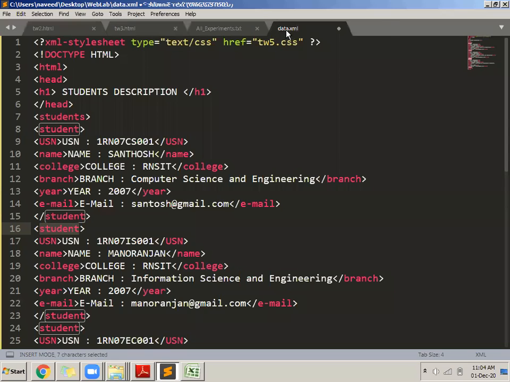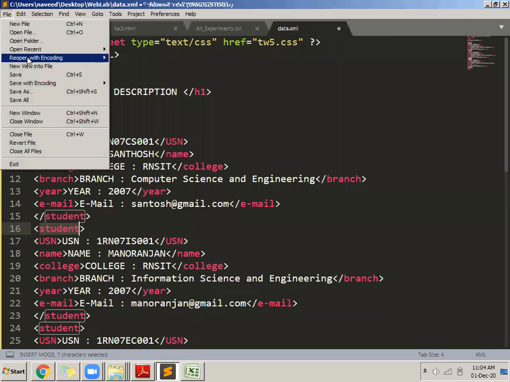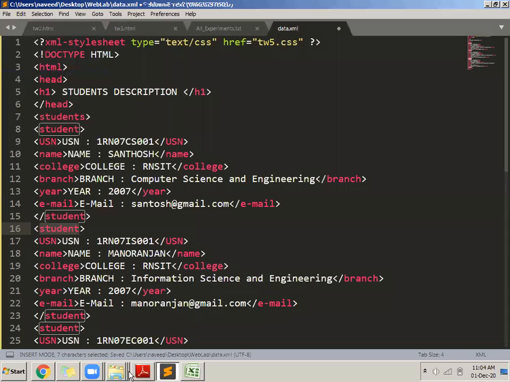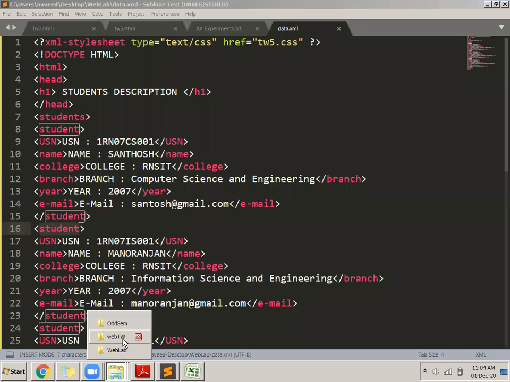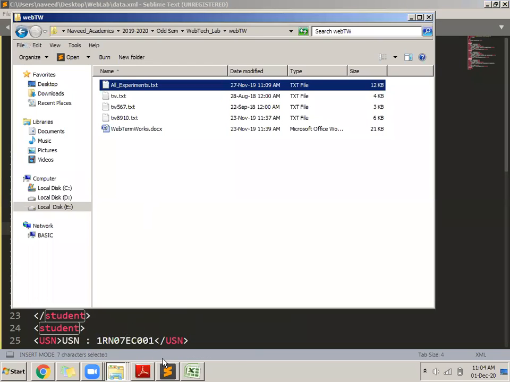And what is the name of that file? It is data.xml. So I will save this file, save. Now let us go to the other part of the term work, that is